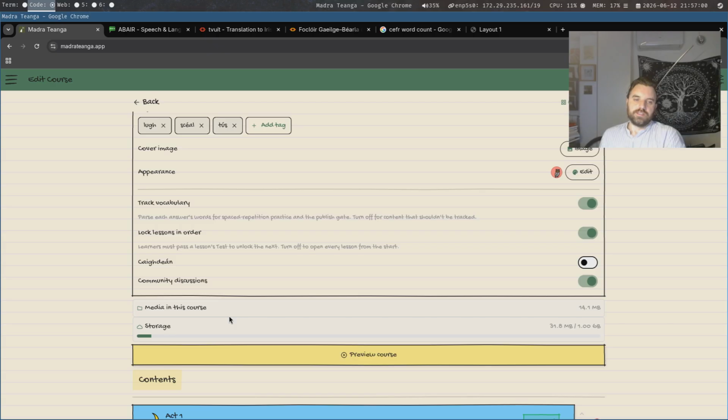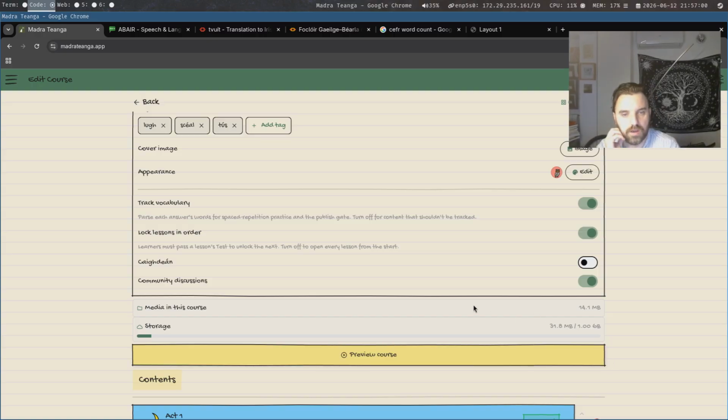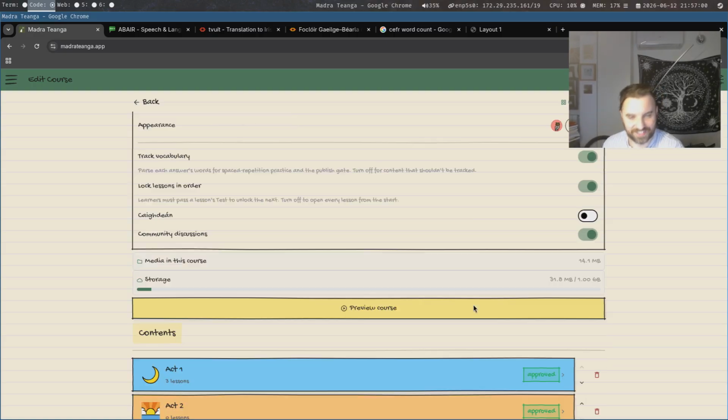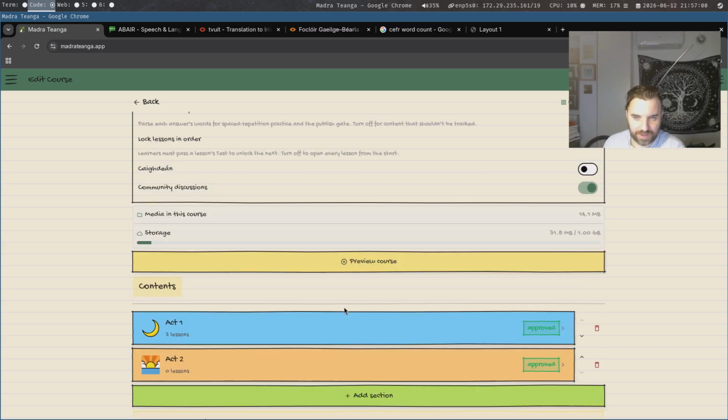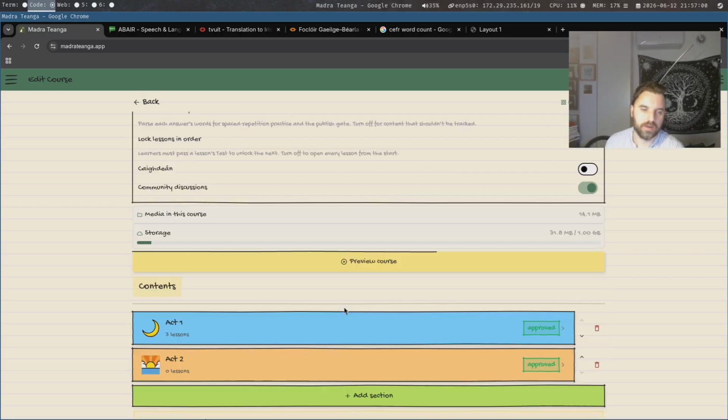Here you can see the media used in this course. This one uses 18 megabytes. You can use up to 1 gigabyte, and if need be, we can increase that limit. It's just to stop someone putting their video catalog up and using it as a personal drive or Netflix, right? Because you can put anything you want locally, it doesn't matter. It's only if you submit it to be public that it needs to not be copyrighted.